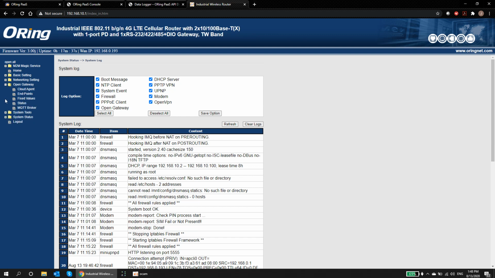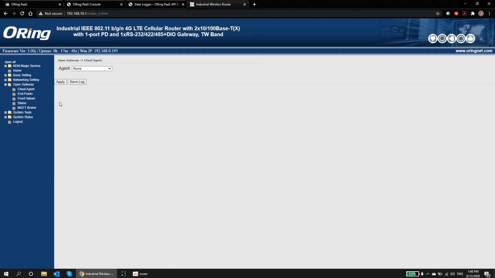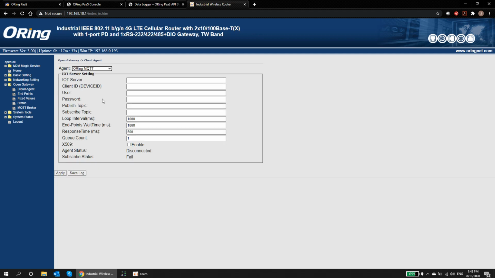This configuration is under Open Gateway menu, which is our interface for configuring the cloud server as well as end devices. And in this case, we have a cloud agent functionality where we can specify what kind of protocol we want to use with the cloud. And in case of this demo, we'll be using ORing MQTT. And after choosing this option from the drop-down menu, you will see a menu where you need to add information about your server. So, as we know from our documentation,